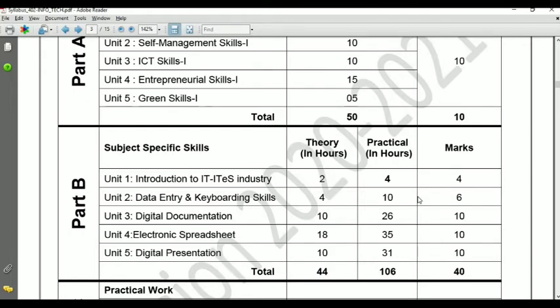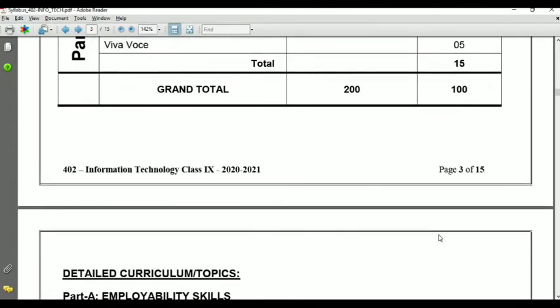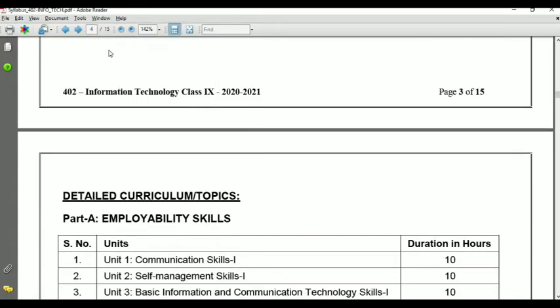According to the marks, the weightage of unit 3, unit 4 and unit 5 is 10, 10, 10. But the previous first unit and second unit marks are 4 and 6. So a total of 40 marks of the paper we will cover from these 5 units in part B. Overall, the theory paper is 50 marks and 50 marks is your practical examination. So total 100.